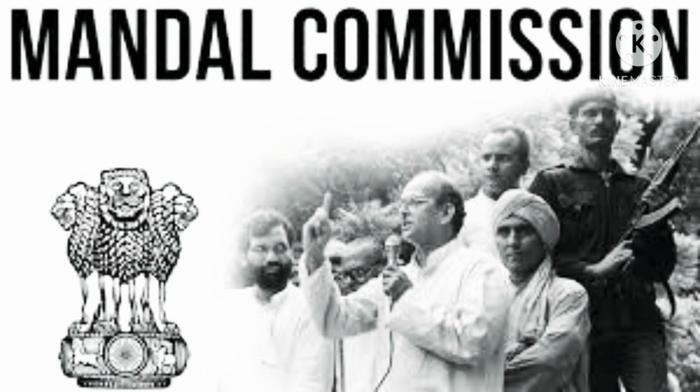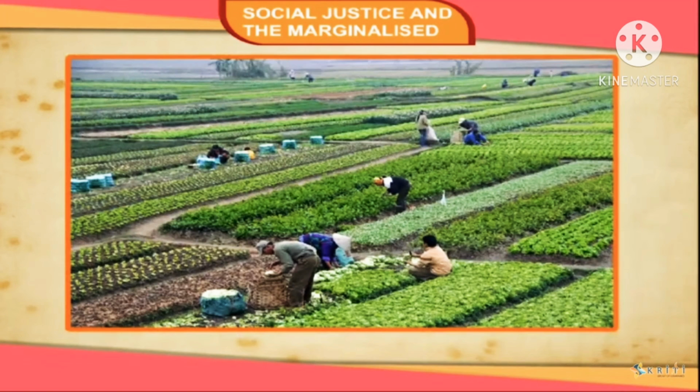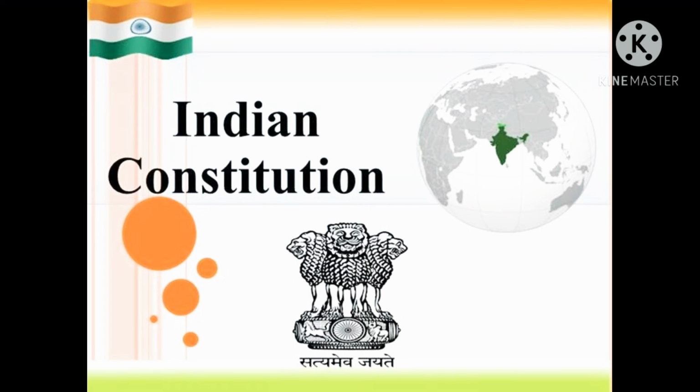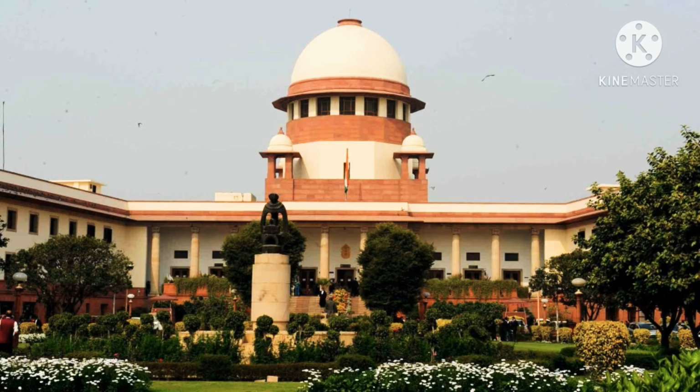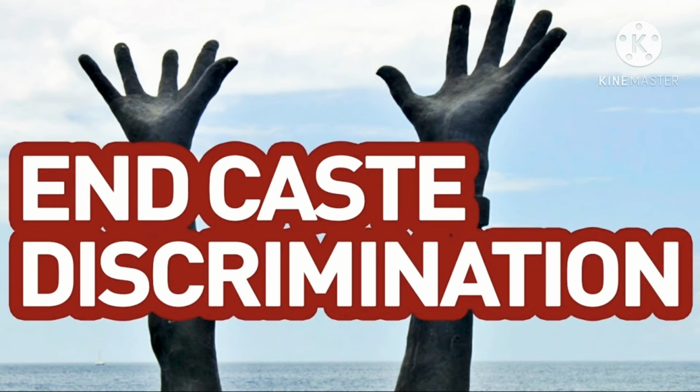Apart from SC and ST, the Mandal Commission report identified 3,743 backward classes or castes which are poverty ridden but not untouchables. They are mostly engaged in agriculture, animal husbandry and handicrafts. After independence, under the constitutional provisions, members of lower castes cannot be denied entry into any public institution. People found practicing untouchability could be prosecuted and fined.